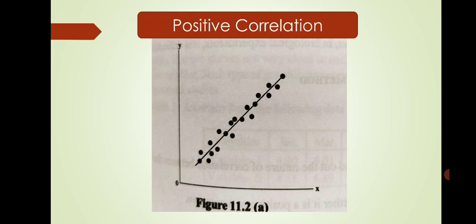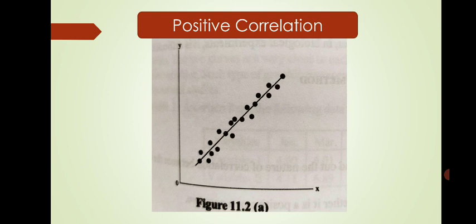If you plot any two variables on the x and y axis, you can see that all points are scattered along the central line. The central line means there is positive correlation between the two values. As x increases, y also increases.